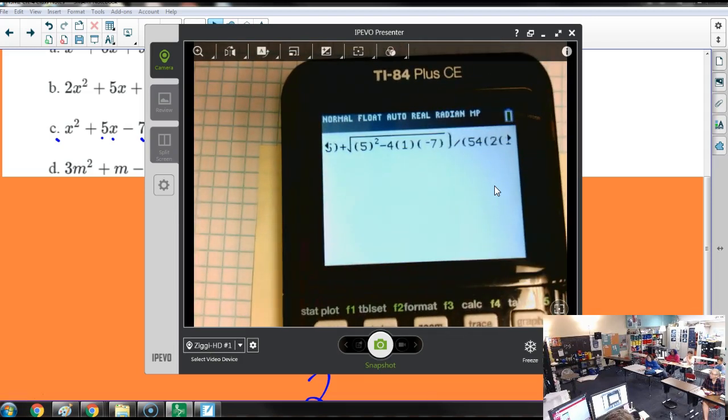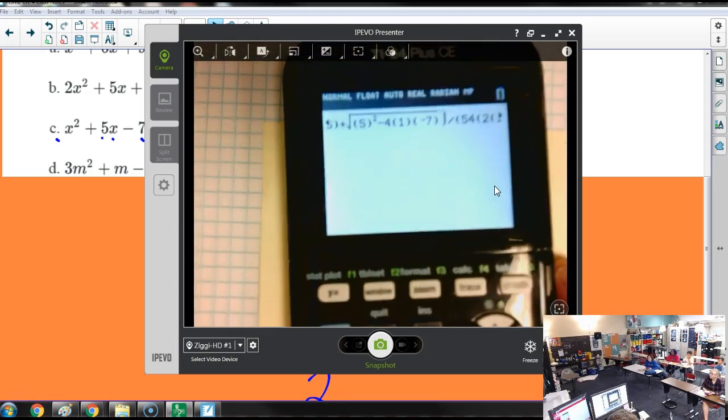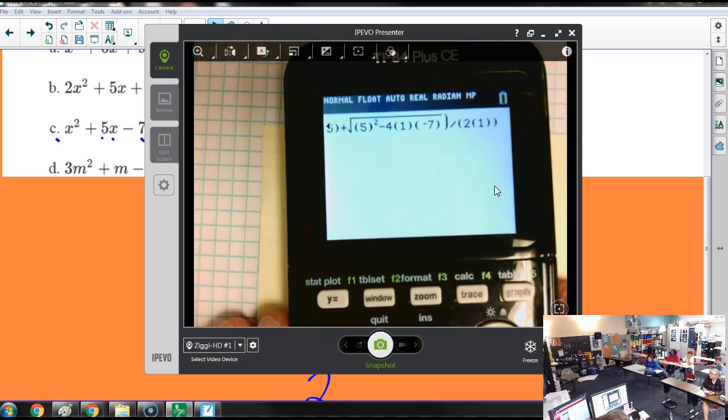Sorry about the focus. I don't know what's going on. Actually, I do. It's because the camera's trying to focus on a screen that is confusing it. So we should have that now. Then hit enter. We get 1.14. Then second